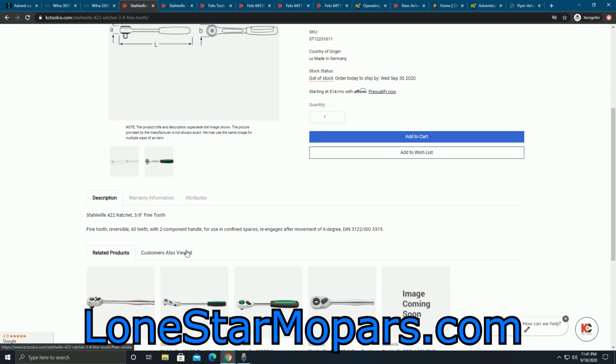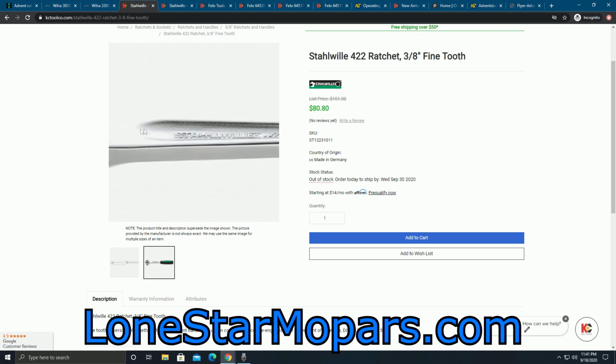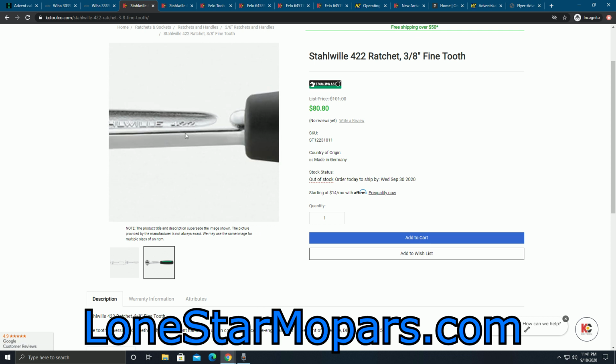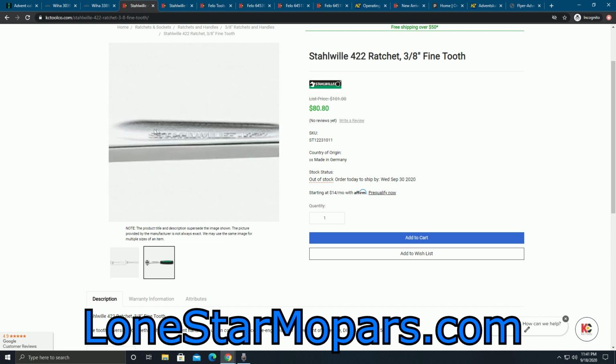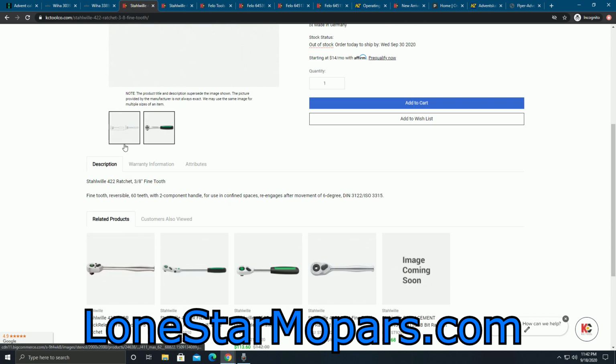There's a better look at it. That little dip in the handle, you don't see that on their other one. That's kind of more akin to like their wrenches, which again are fantastic. But the big selling point, of course, is we get the freaking sockets, 3/8 sockets. Now, right here,